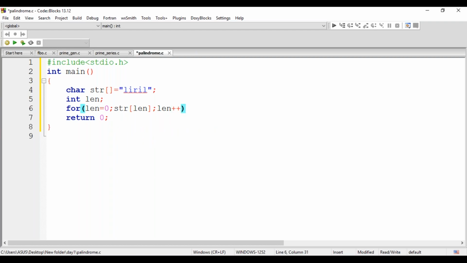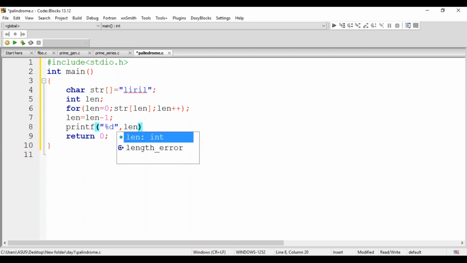So once it reaches the end, when it reaches null, your length will be stopped. So here let me assign len minus 1. The reason is that the null character is still going to be there. Let me print and show you here as of now before going to the next step. To make it clear, let me display the length of it. The actual length is 1, 2, 3, 4, 5, so 5 has to be displayed since I have reassigned it.